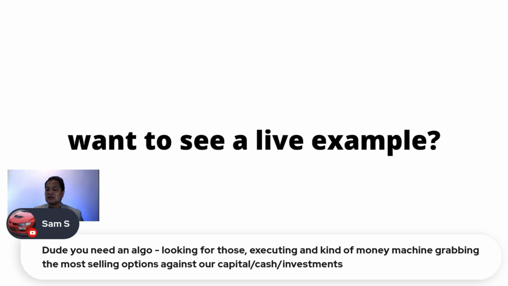How do you manage the money in your account? How do you manage your portfolio? I agree. There's a number of things you need to look at. And I would never say for anyone to blindly go in and just do options trading. I think do some research, do some background investigation, paper trade, right?